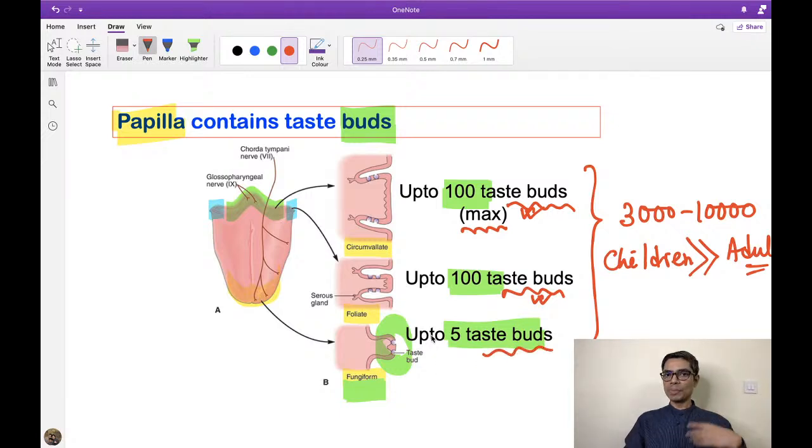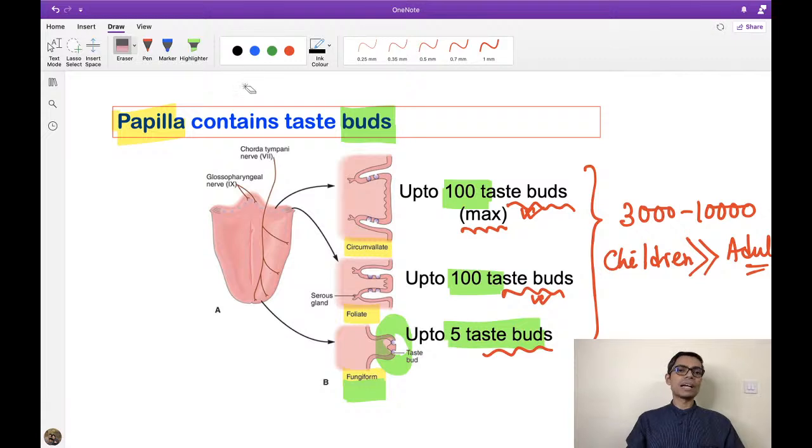It may be sweet, it may be sour, it may be anything. It can activate any of these taste buds, right? So you have to remember that there is no particular location where sweet will be detected here and salt will be detected there. No. Now the second thing that you have to note down here,